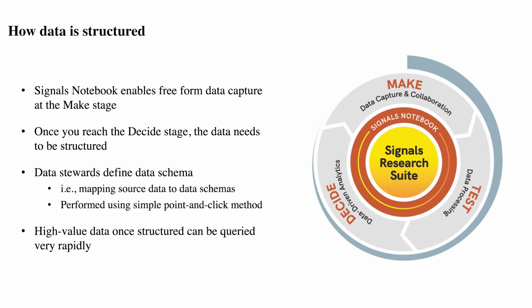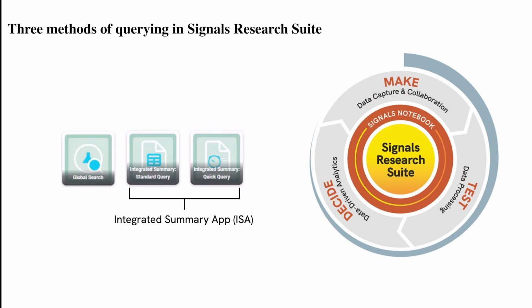Consequently, Inventa is able to query your high value data extremely effectively. And we have a few different methods for data query and data retrieval in Inventa. Our traditional method has been around since the beginning. It's called the Global Search App, and it allows for really flexible, extremely granular, nested, and what can be complex